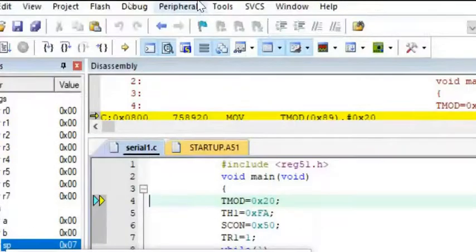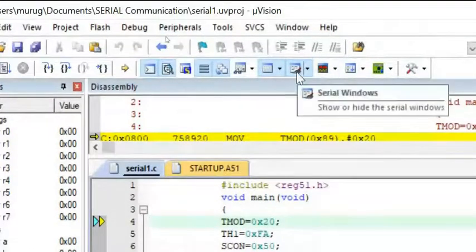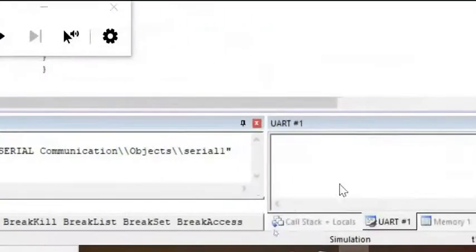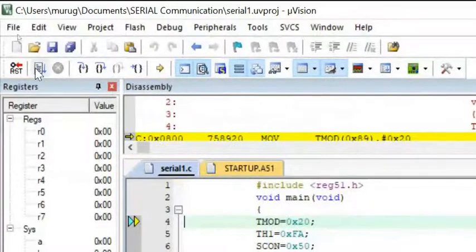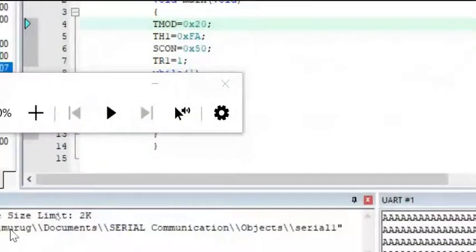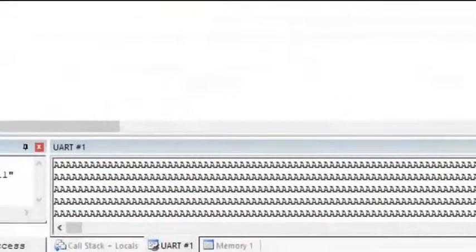In this window, the serial window option is available. For the first time, you have to click this serial window. Then you will get the UART window at the bottom. Run the program. You can check the UART window.